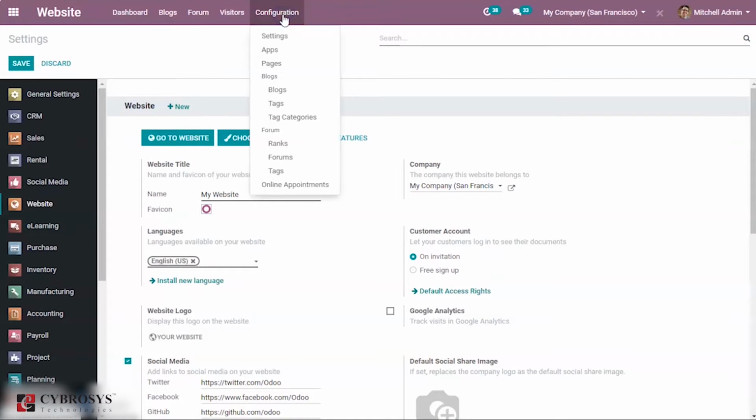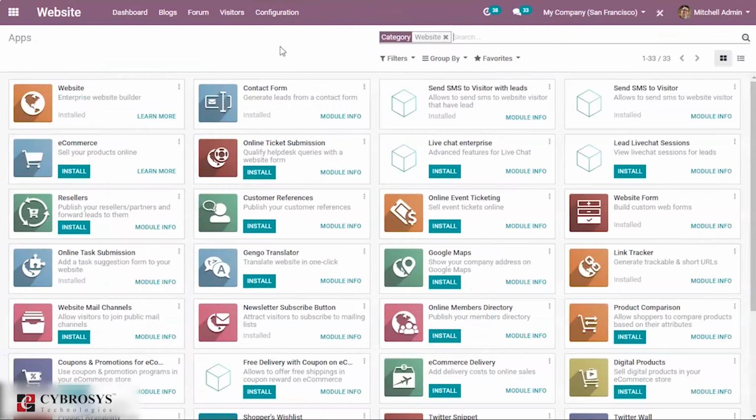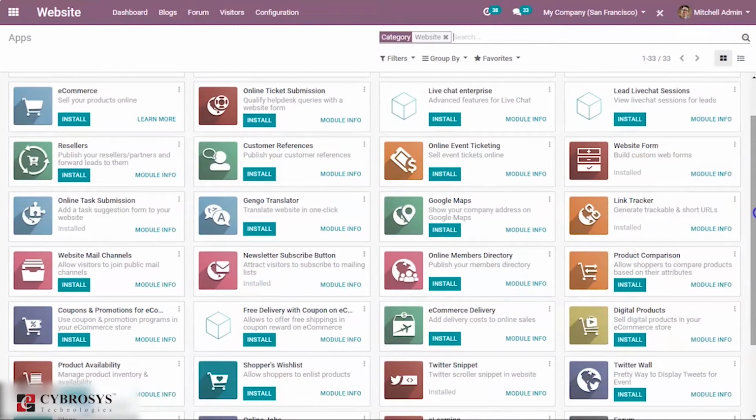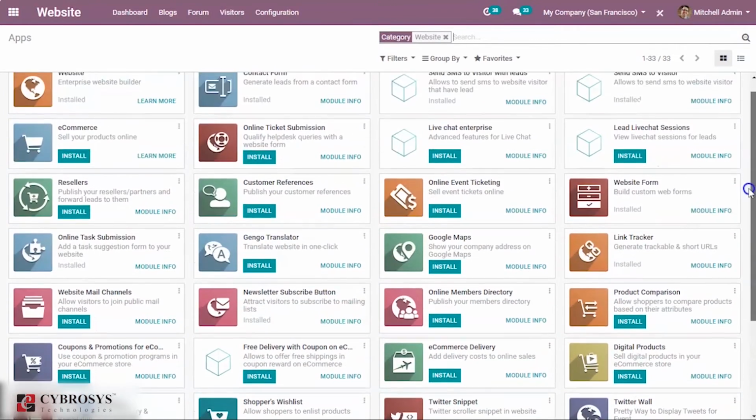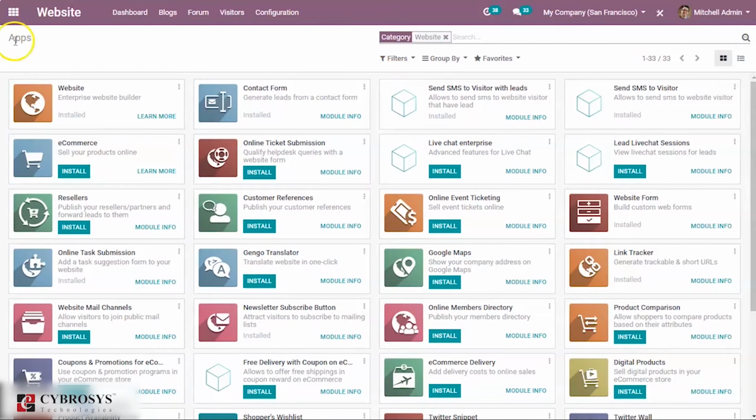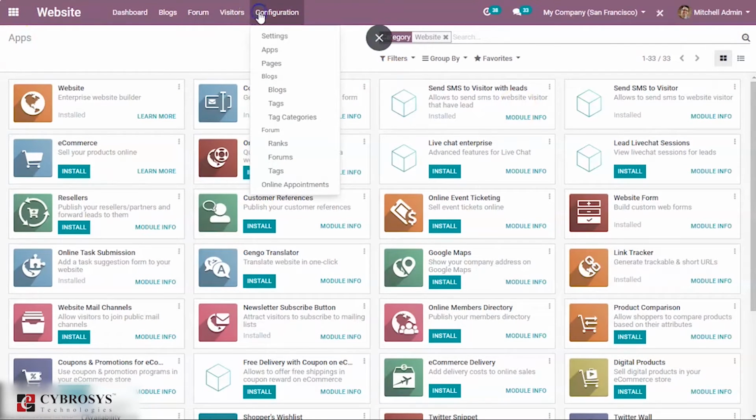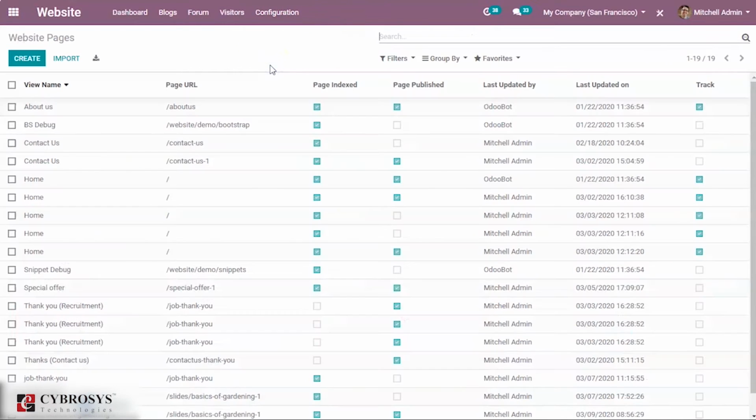Now let's look further and see what is there in apps. When you click on apps, you can see certain apps related to our website. In order to add features to your website, you can install these apps. Now let's move back, and next to apps you can see the next menu, that is pages.